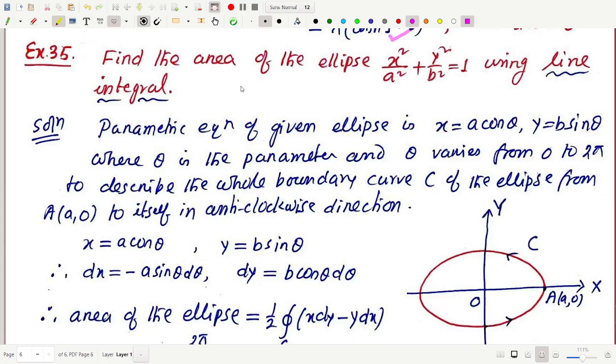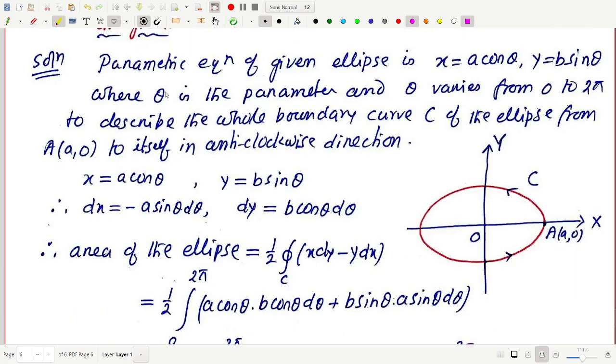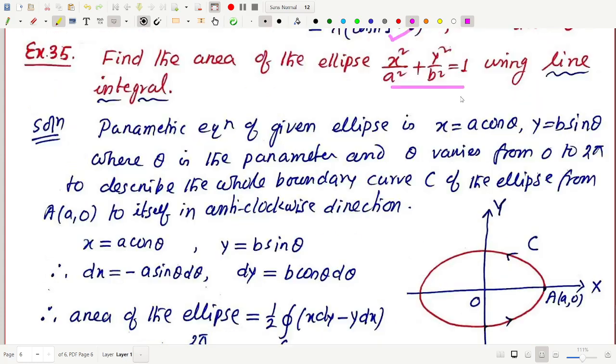Example 35: find the area of the ellipse using line integral. We know the area of a standard ellipse is pi ab, but prove it using line integral. The parametric equation of the ellipse is x equal to a cos theta, y equal to b sin theta, because